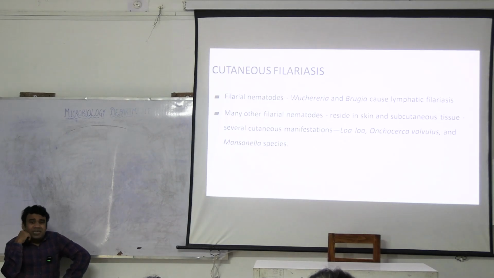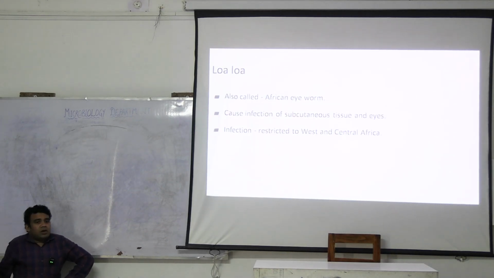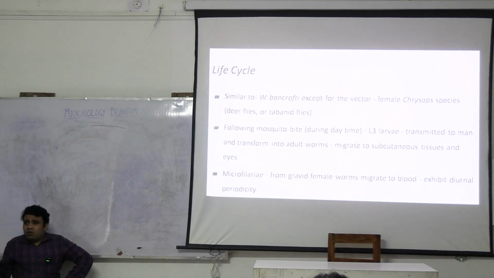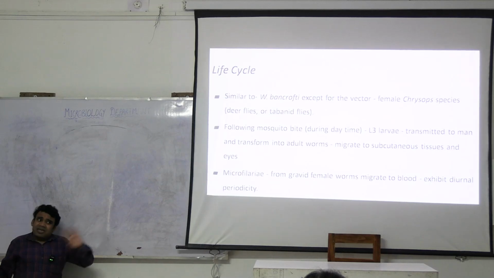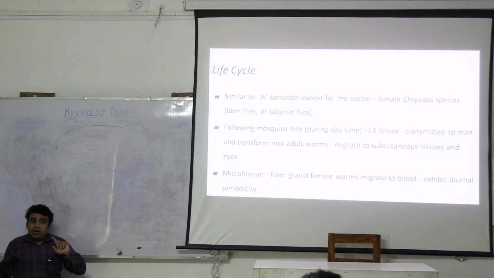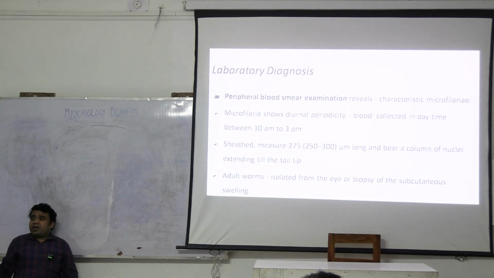Bankrupting. It is also called Bancroftian filariasis. So what happens? The microfilaria remains in the blood, the adult worm remains in the lymph node, and from time to time microfilaria comes into the blood. Sometimes it may also come in other areas, like in the case of Loa, where the disease is called loasis, also called African eyeworm. Over here microfilaria is released into the blood like that of Bancroftian filariasis. However, this microfilaria may come out in the